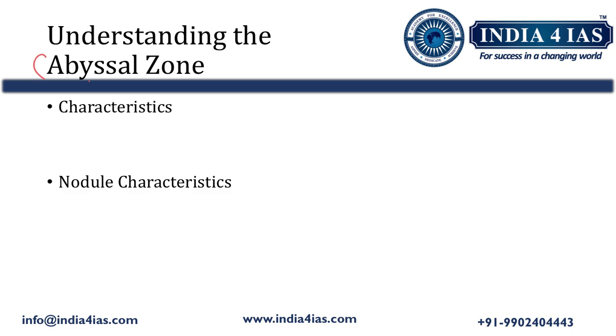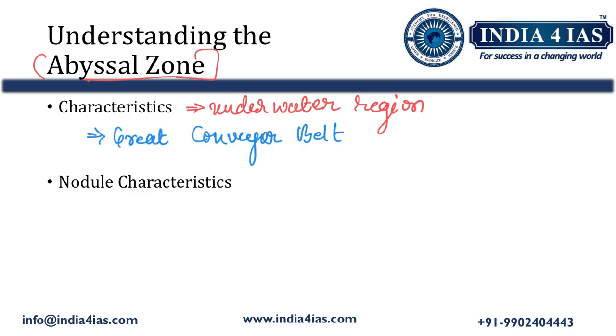Now we will try to understand what the abyssal zone is, the zone that is located at a depth of 3 km inside the ocean. The abyssal zone is an underwater region that receives too little sunlight for photosynthesis to occur. Life forms in this zone get oxygen from water brought in by a global circulation of ocean currents. It is also called the great conveyor belt. In addition to the expected low level of oxygen, the scientists also found local oxygen production.